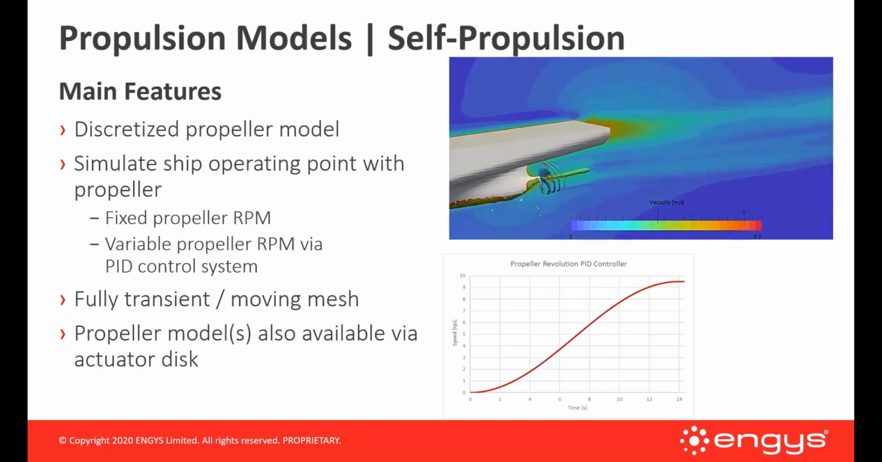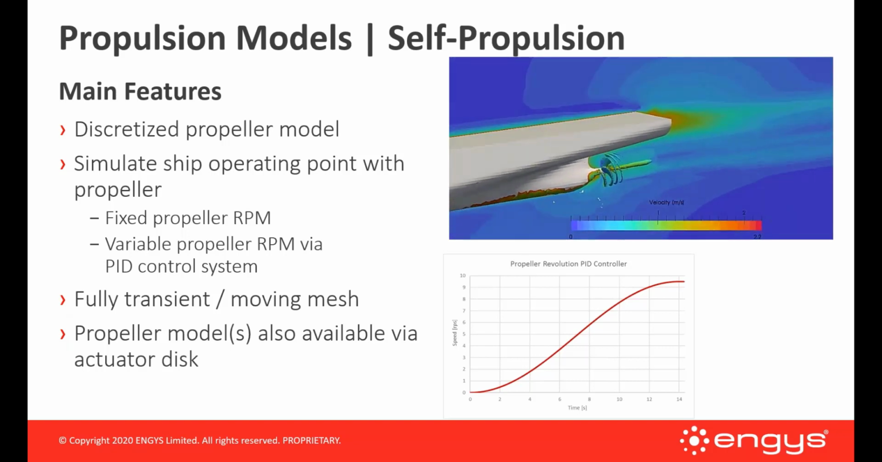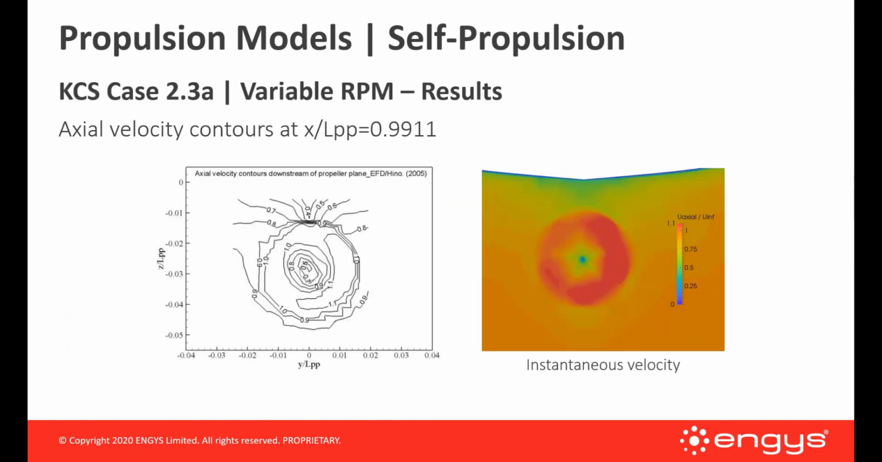In addition to this, we also have actuator disc models for the propeller. So we replace the discretized propeller with actuator discs using a body force model. Looking at the validation test cases for this, we have again one test case taken from the Gothenburg 2010 workshop. This is the KCS hull form, case 2.3a, and we have different conditions. The one I'm showing here is the one with variable RPM, and you can see here the results in terms